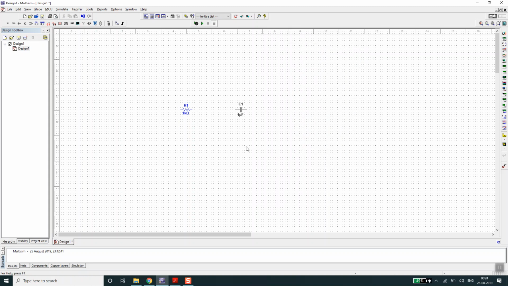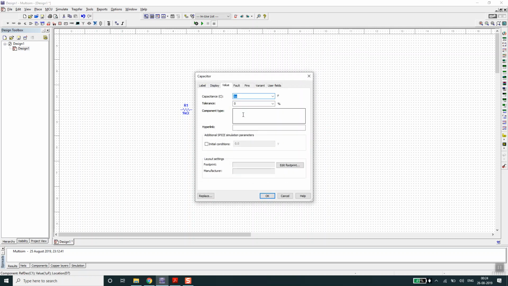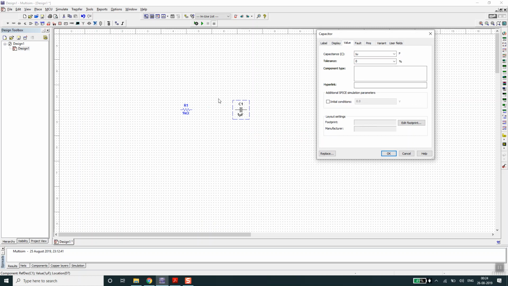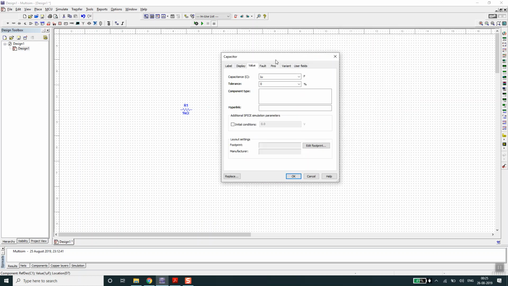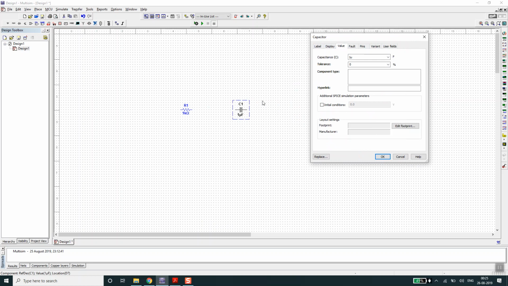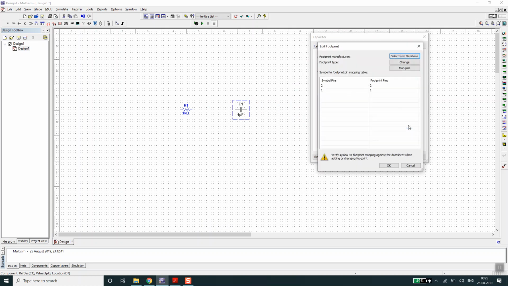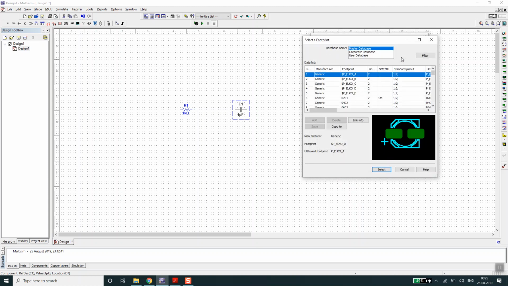And now let's check this one's property. I'm double clicking on it, and this is the footprint. Now you can see over here that footprint is not assigned to this component, which is the capacitor. So that's why it is showing the black colored shade on this component. So let's go into edit footprints, select from database, and let's say that I have to